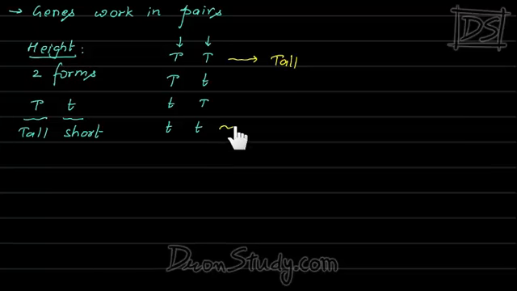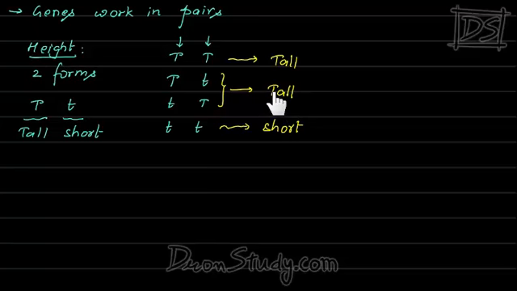In this case, both the genes would work towards making one short. Then the organism will be short. Okay. Now what happens in these two cases? When one gene wants to make it tall and the other one short, what happens in this case? So see, even in this case, it is observed that the organism is tall. You might find this a little surprising.